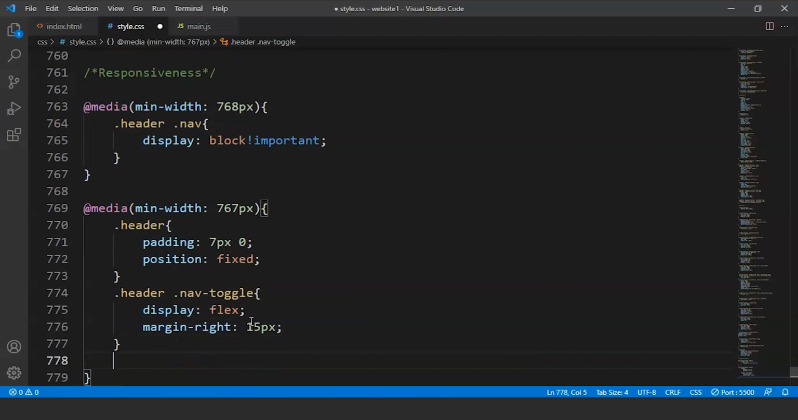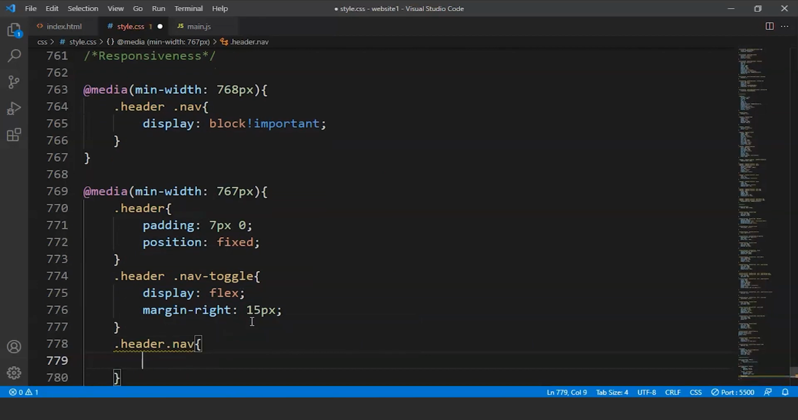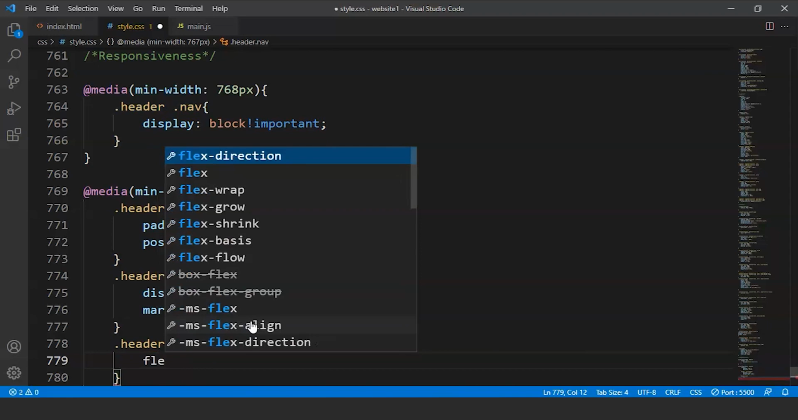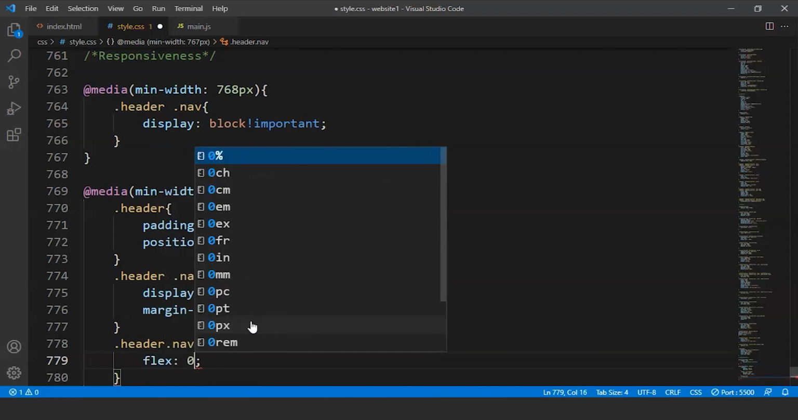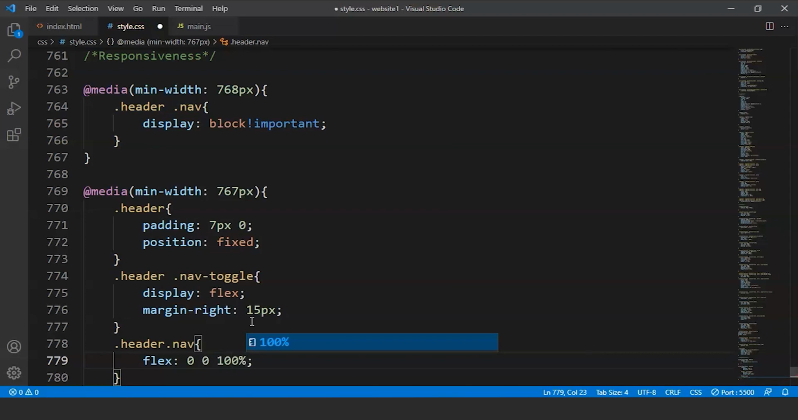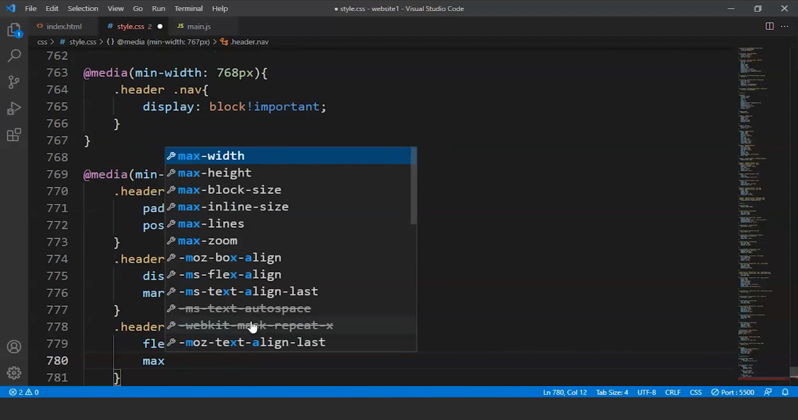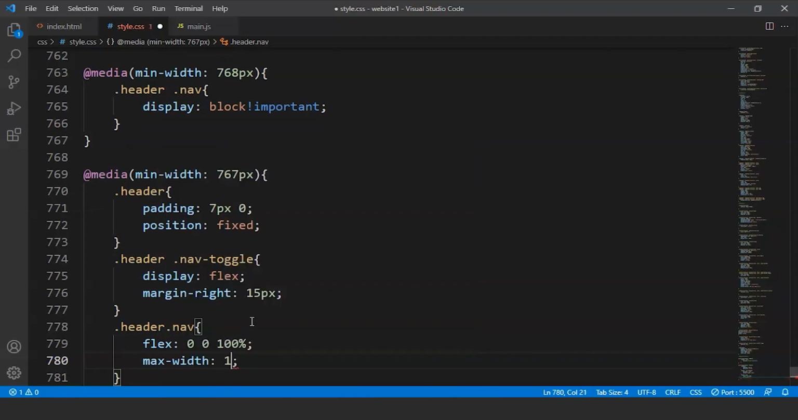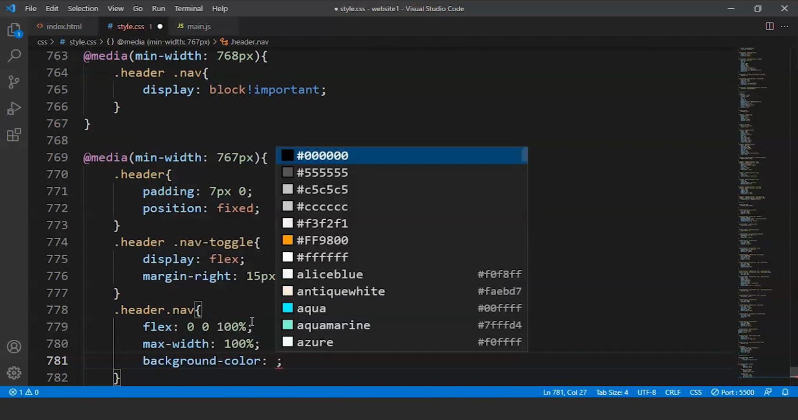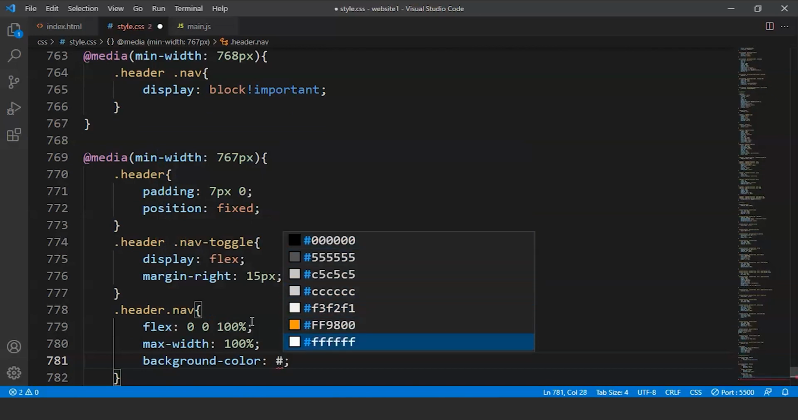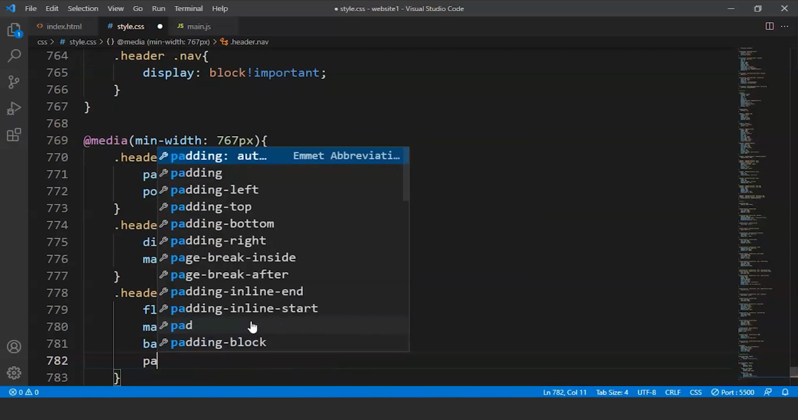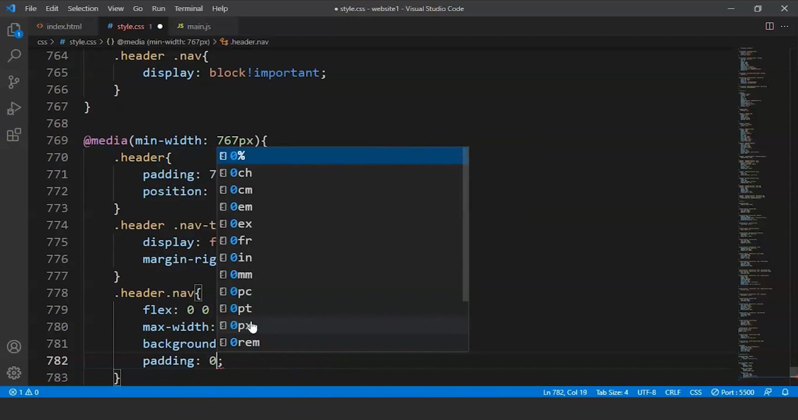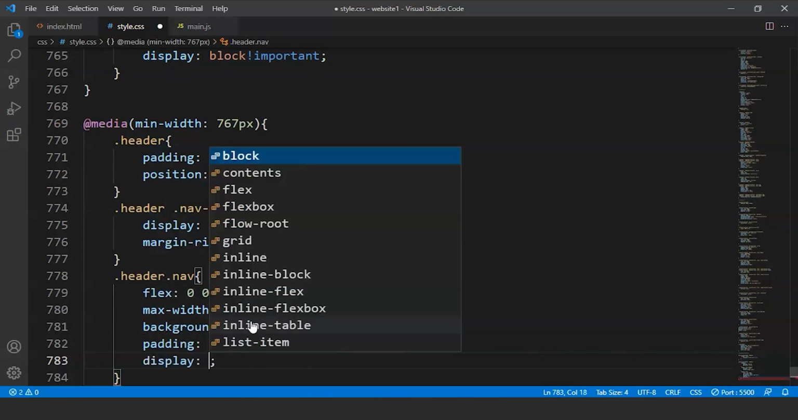Now we have to write here after this .header .nav. Now inside this we have to write flex. Flex is going to be 0, 0 and 100%. We are done with flex. We have to write here max width. Max width is going to be 100%. Then we have background color. Background color is going to be white, so we'll write here this. Then we have padding, so we'll write here padding as 0, and then we have display as none,